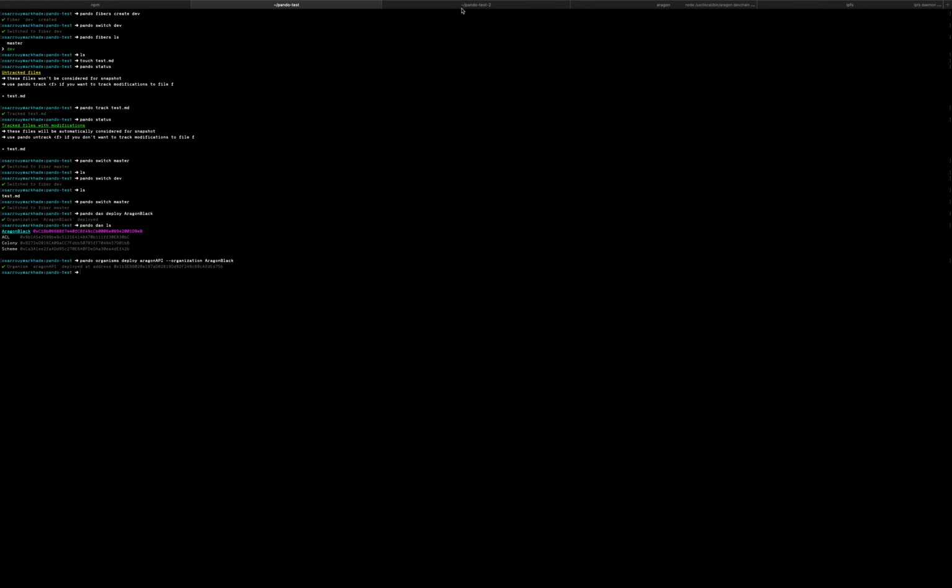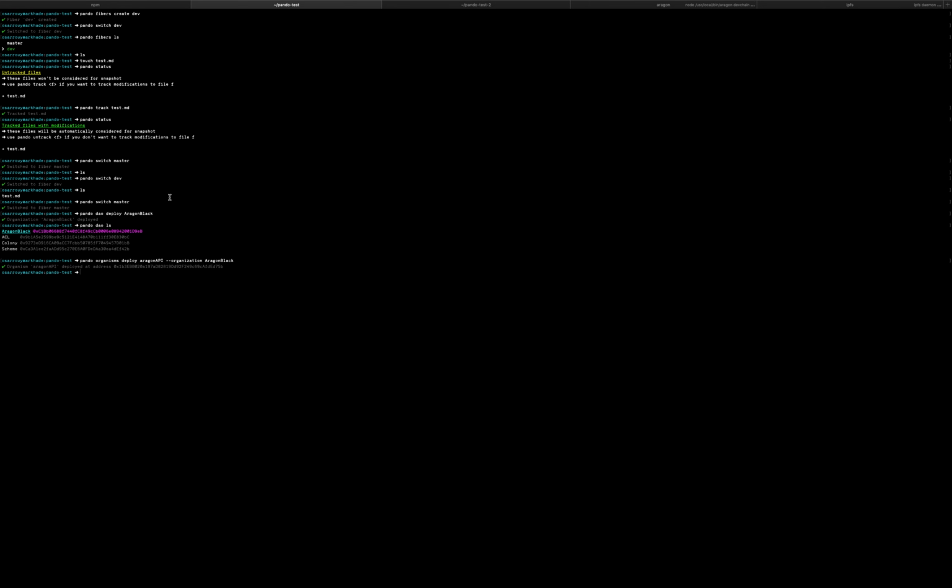So what I'm going to do is open a new repo in another folder. I'm going to configure Pando to use another account from within that other repo. Let's do that. Okay, so this is how I connect to the Ethereum blockchain, and I choose my account. We are going to have an integration with Frame pretty soon. Okay, nice. So now what I need to do is import this already deployed organization and organism